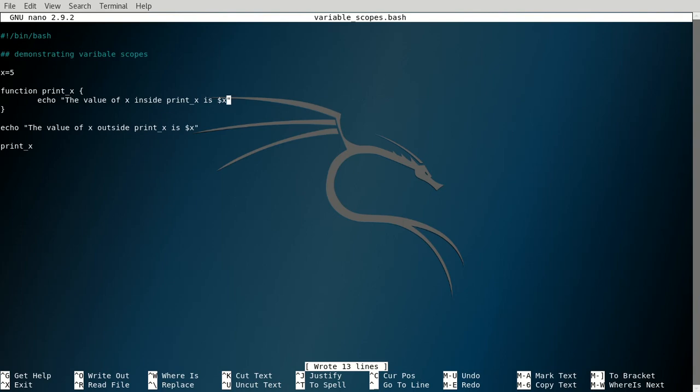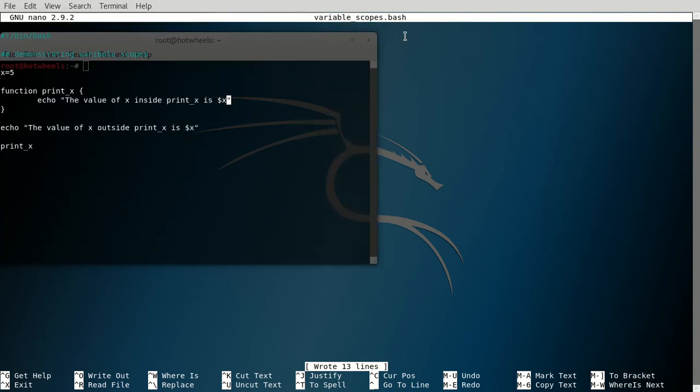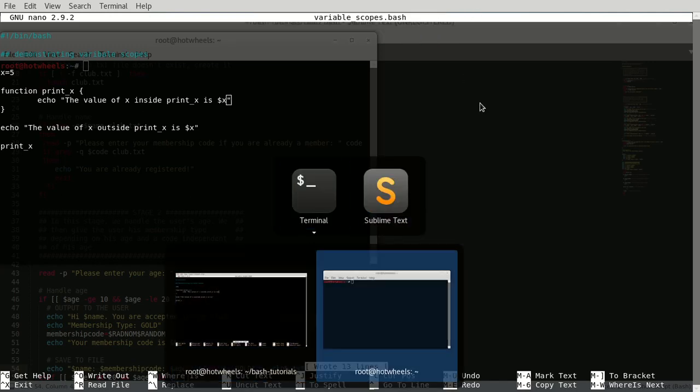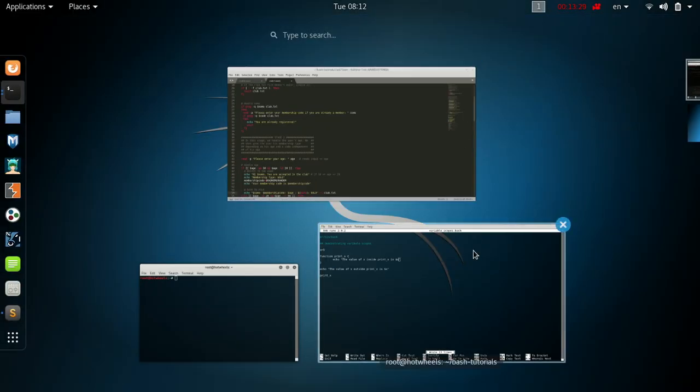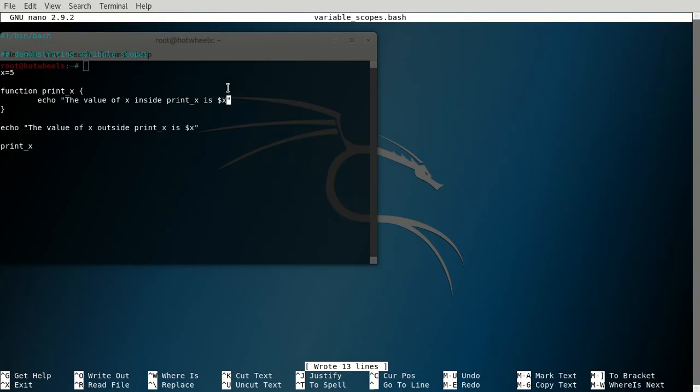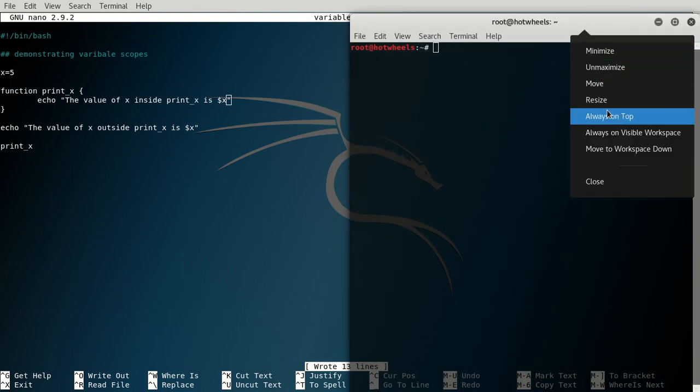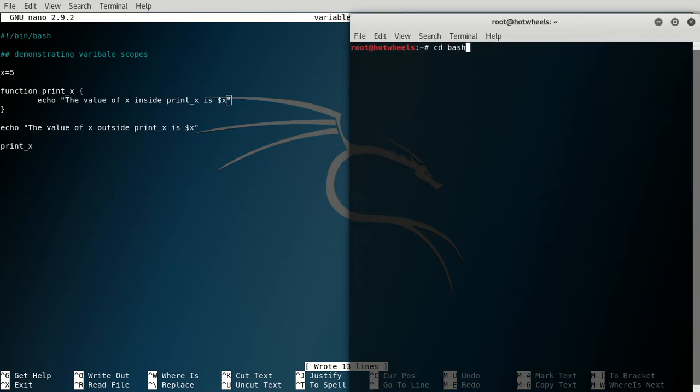Now if everything's good, we're going to open another terminal here. Let's get to Sublime Text, move this here, get the terminal, and let's say it's always on top. Okay, and let's run bash variable scopes.bash, and it says the value of x outside print x is 5, the value of x inside print x